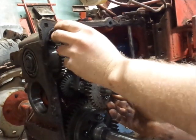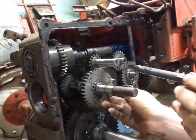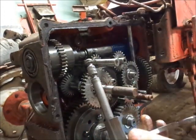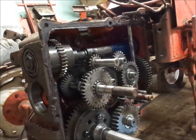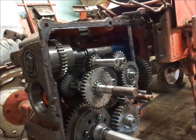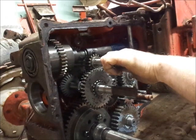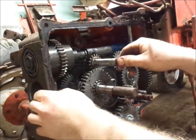Yep, that is a totally different shift fork than what's in the other stuff. Boy, is that heavy built. We'll try and leave this little gear. I know I had to pull it on the other one just a little bit. I'll have to be mindful of the keyway. That was actually worked out of the...